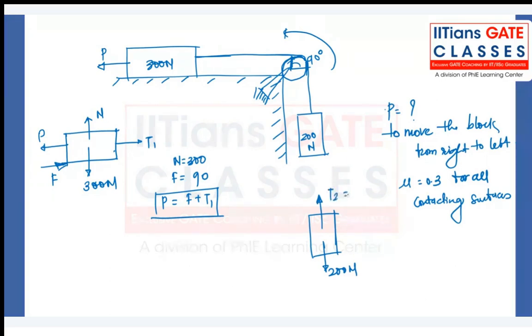And you know T1 by T2 is equal to e to the power mu beta. Yes, 410 is the correct answer. Most of you are typing it. So from this we'll get the value of T1 as T2